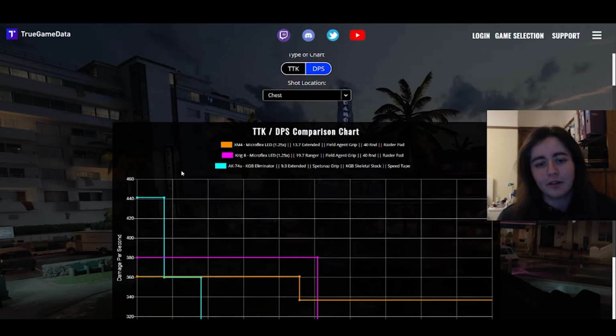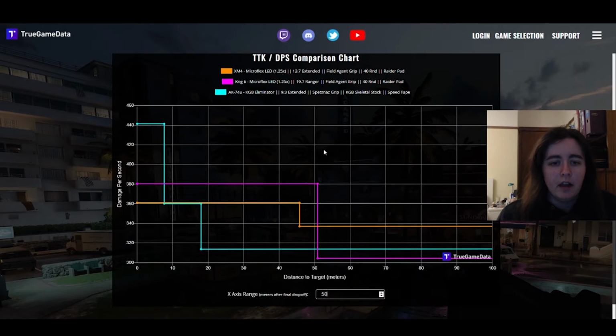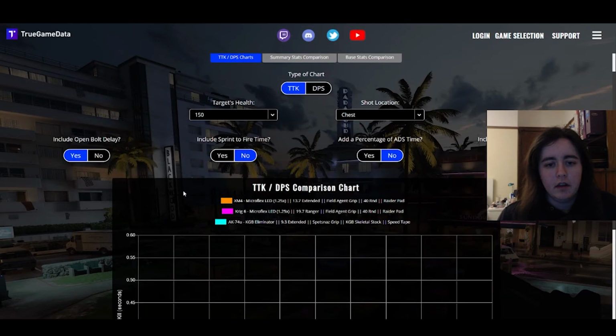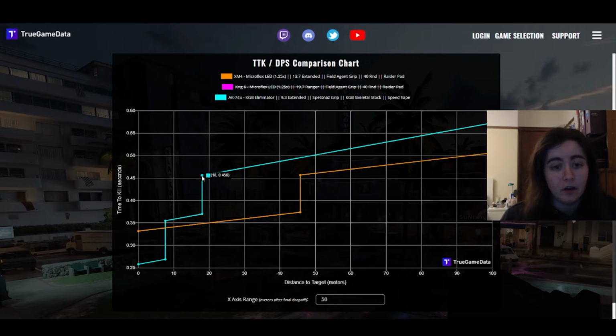So I took that and made the standard AK74U class you see a lot of people running. Already take out the Krig in terms of looking at that flex role. So we take out that, and you see that obviously the AK74U is far more stepped. It drops off at, what's that, like 8, 7.6 and 18 dead on. Those are your big time to kill jumps. And obviously anywhere